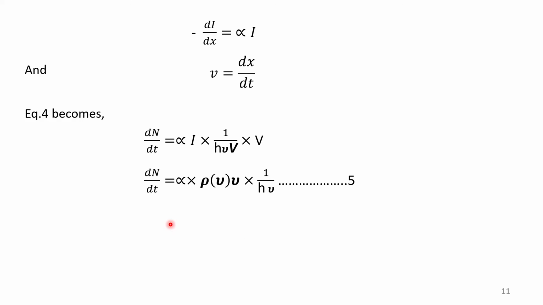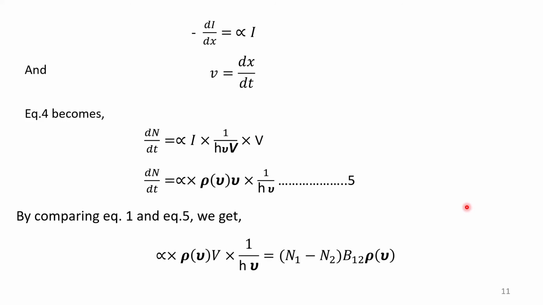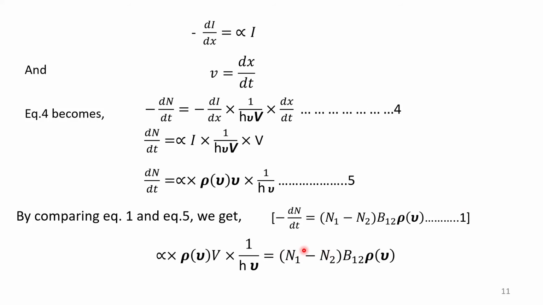Therefore, again by substituting the value of I, we can write this equation as dN by dt is equal to alpha into rho nu into v multiplied by 1 divided by h nu. Now by cancelling the terms, the v. Now by comparing equation number 1 and 5, this is equation number 1 here. So by comparing